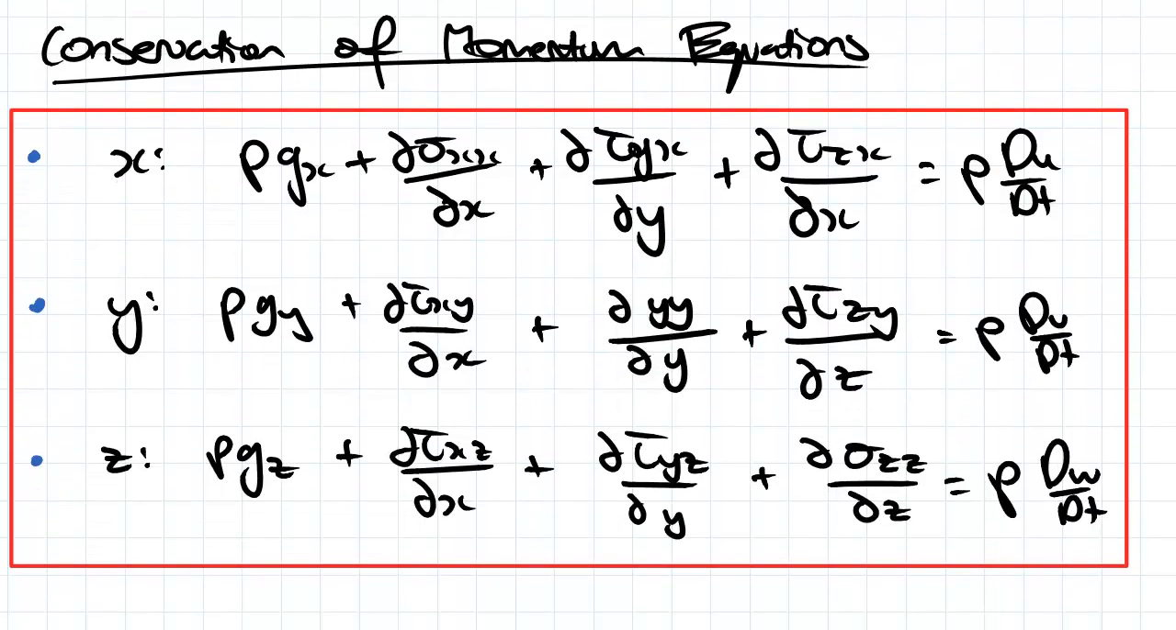Then I want to remind you of the conservation of momentum equations. So this is something that we looked at a couple of topics ago. So we essentially have rho gx plus the partial derivative of our normal stress in terms of x, and the partial derivatives of our shear stresses in terms of y and x is equal to our acceleration here. So these are the